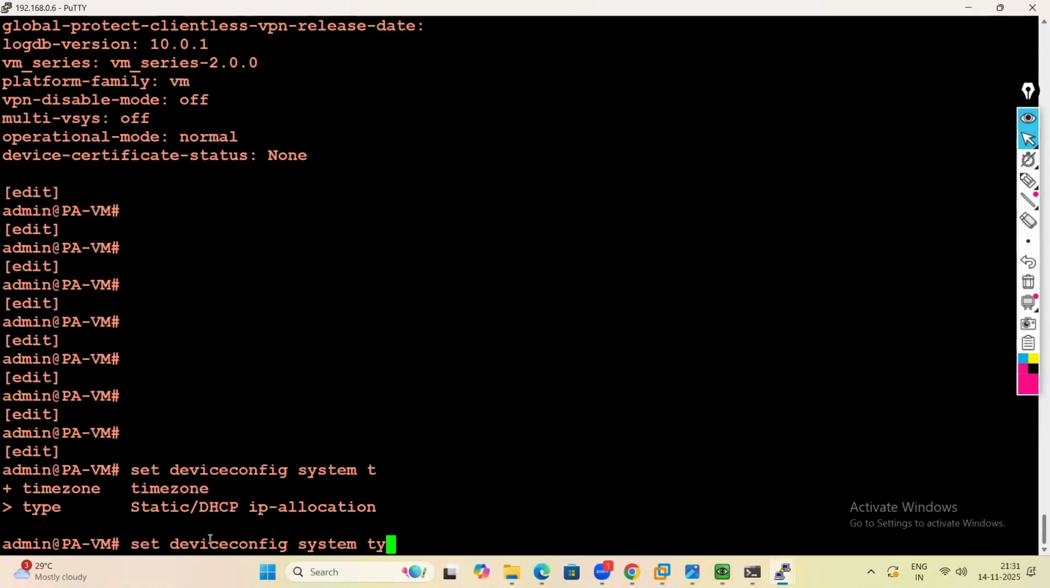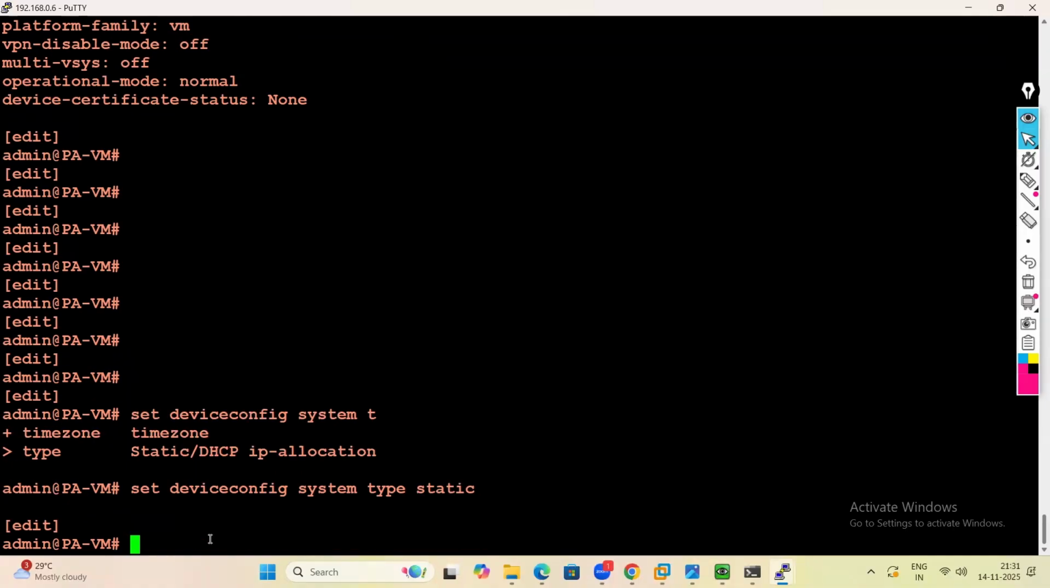So you have to use the keyword type, and say what the IP assignment method is, static or DHCP. It is already DHCP, so I need to make it a static method. Just do commit. The changes have been updated, but these changes also need to be committed. Then only it will be reflected. Okay, so just commit,